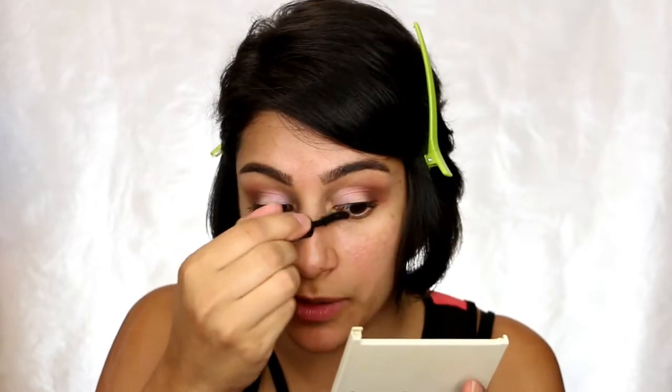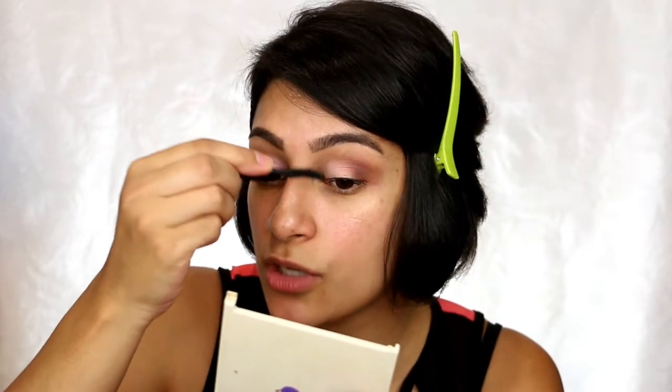Some of you guys have told me what the issue is on Snapchat, and I just, again, if you don't have the time or the patience or are not comfortable with blending out your shadows, or just don't like pigmented products, pigmented because you're heavy-handed, don't buy this palette. That's what I can recommend. If you are willing to take the challenge and have the time to make this palette work,